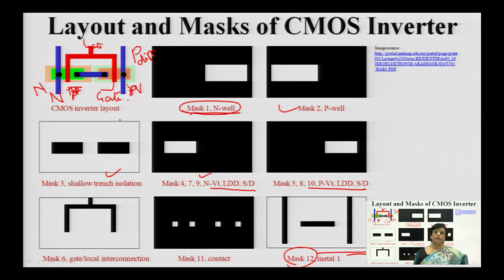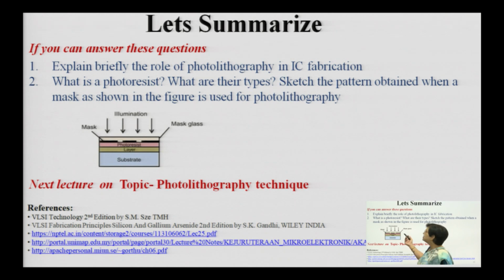in the next lecture. So, if you are able to explain the role of photolithography, understand the importance of photolithography, and understand the importance of pattern transfer using photoresist. If I have a mask and I want a particular pattern, what photoresist should I go for, and how should I go about designing the mask? If you are able to clarify that concept, and you are given an example that this is the photoresist and you are exposing it, you should be able to isolate what pattern will be transferred onto the